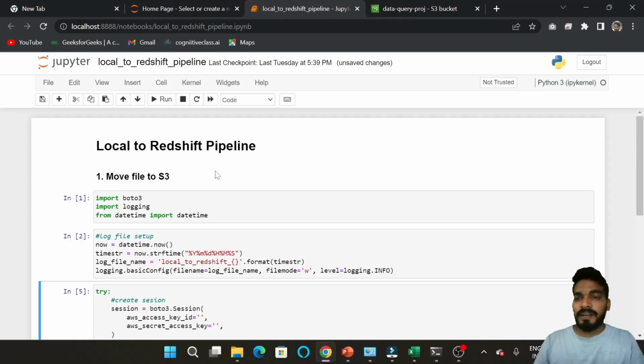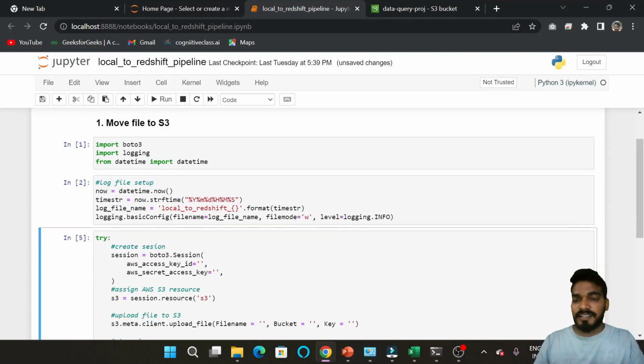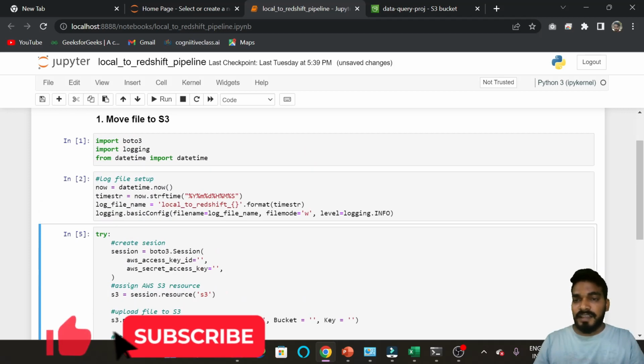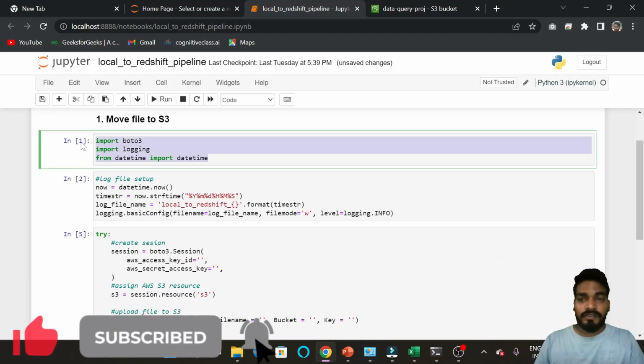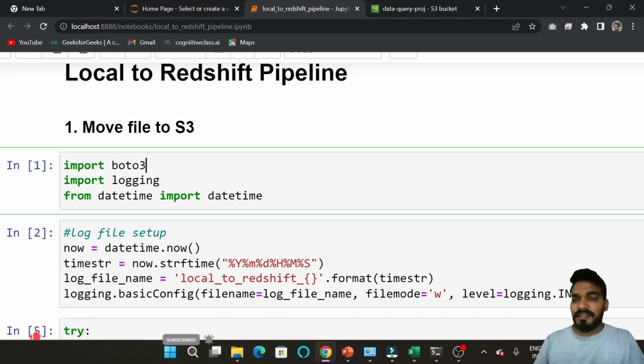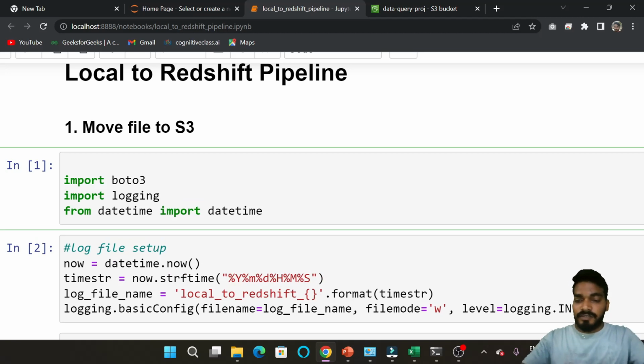So now coming to the coding part, we have this sample code in front of us and we will walk through this code. Okay. So to implement this project, first we have to import these three libraries. So if you don't have any of these libraries installed in your system, you can install them by using pip install and then give the name of the library. Like if you don't have boto3, then pip install boto3, and if you run this command, then boto3 will